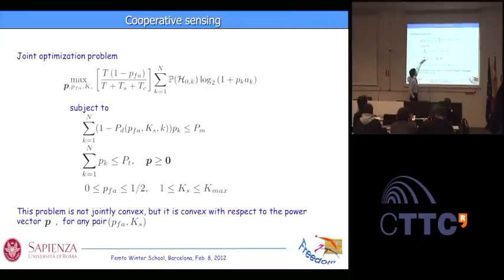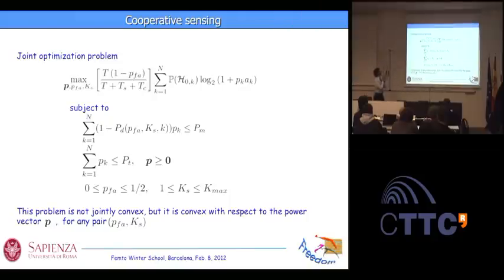And then, as usual, we have to incorporate also the common transmit power constraint. We want that the transmit power should be less than a given power budget, as usual. Of course, the power coefficients should be greater than or equal to 0. And then we also want that the false alarm rate should be non-negative, because it's a probability. And of course, it doesn't make much sense to have a PFA greater than 1/2, because that would be too high. So these are the constraints that we put into the problem.